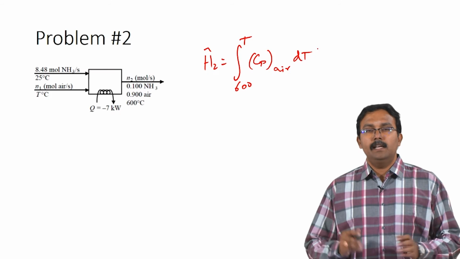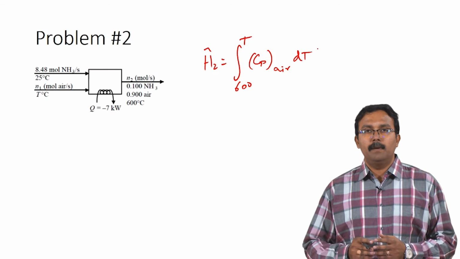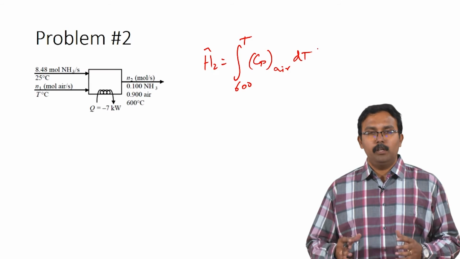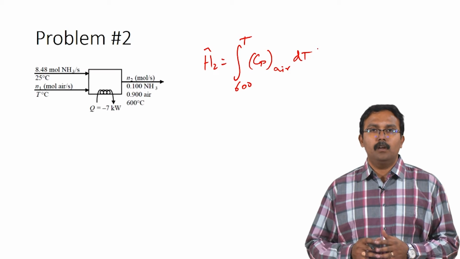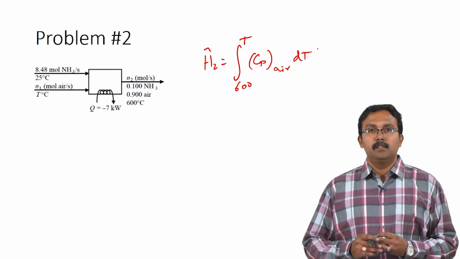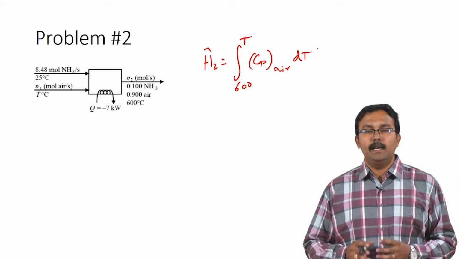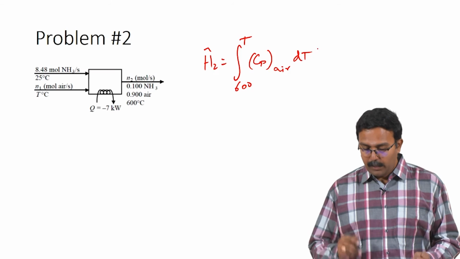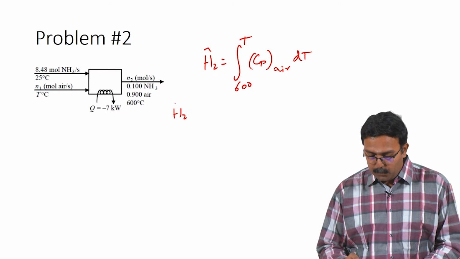So, we have already identified the Cp of air for the previous problem as well. So, we can actually use this Cp and end up with a polynomial which would be a 4th order polynomial of temperature. So, using the Cp of air you would end up with a 4th order polynomial for this equation. So, H2 cap would then be